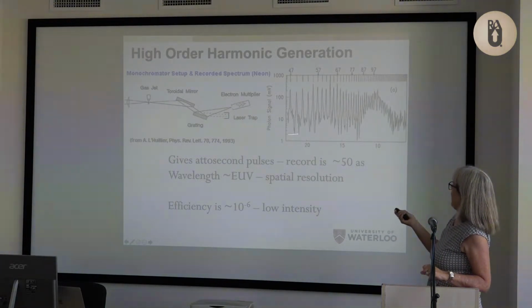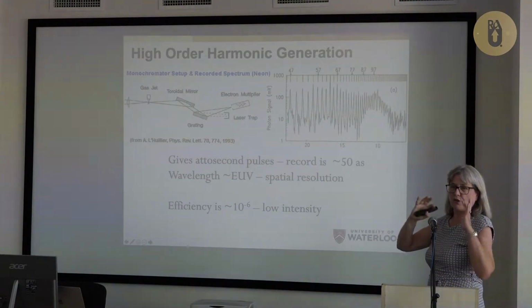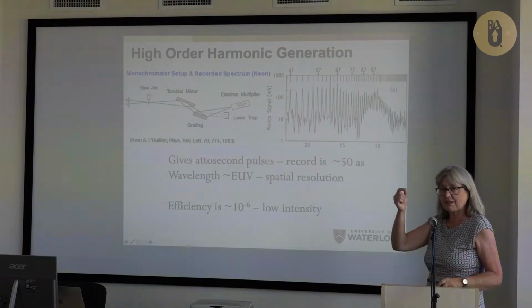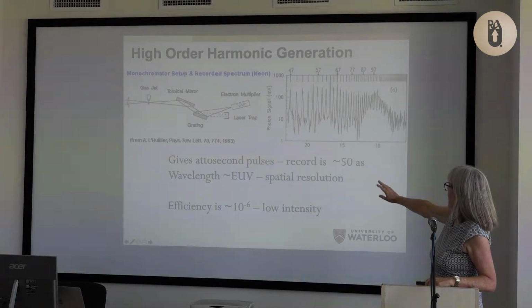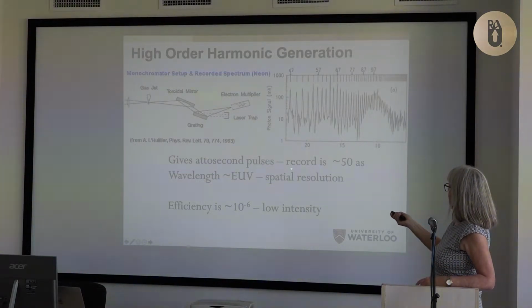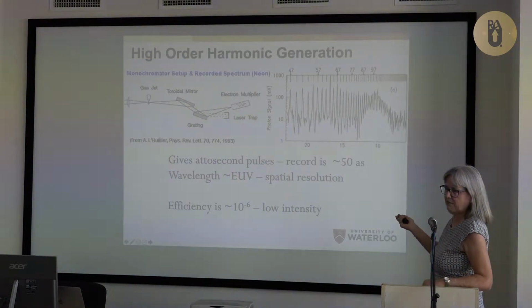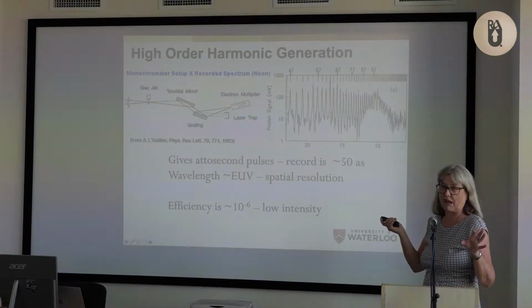But this is slightly later work, but they had gotten up to almost the 100th harmonic. So they're now well into the VUV. If you want a short pulse, the central period has to be shorter, okay? So this is how they can get down to, it used to say 65. Now, I should never say what the record is because I don't keep really abreast, but I now say just approximately 50 attoseconds. I think I'm still right about that.